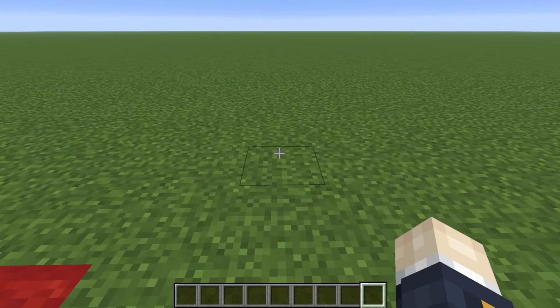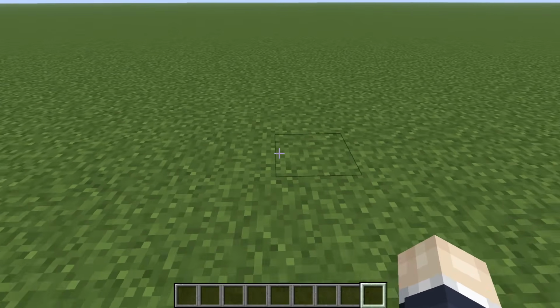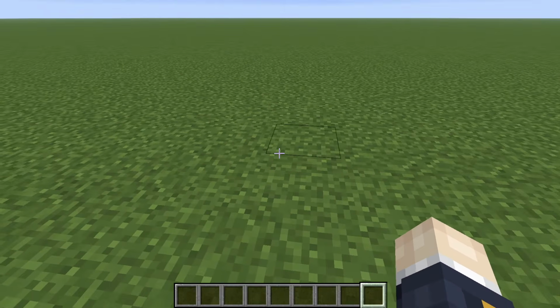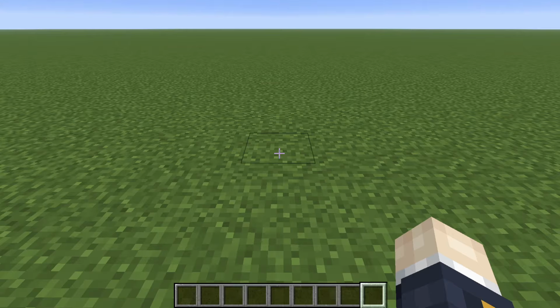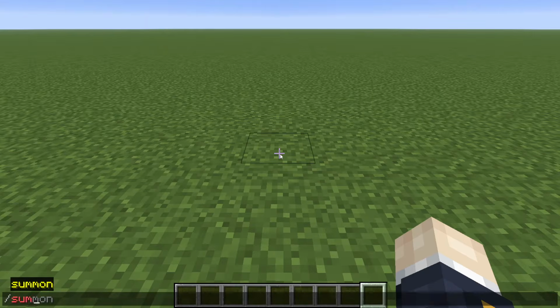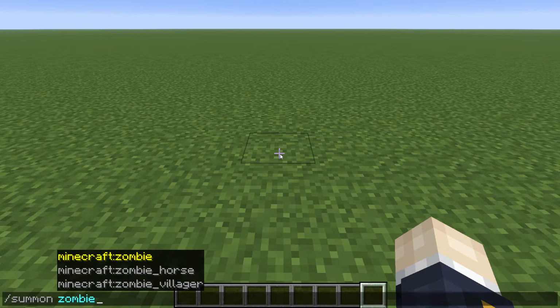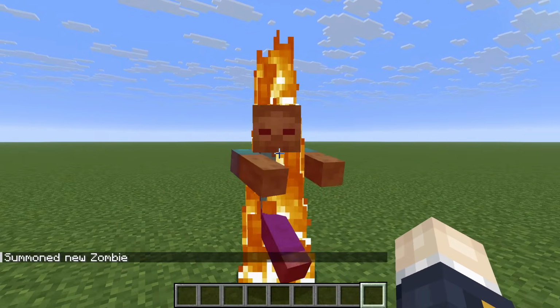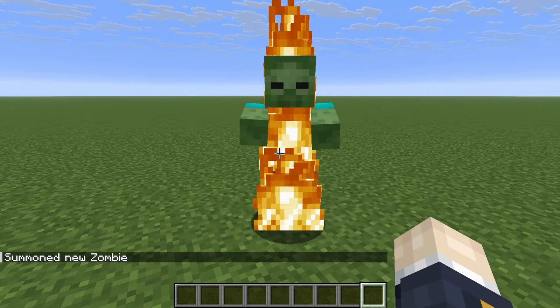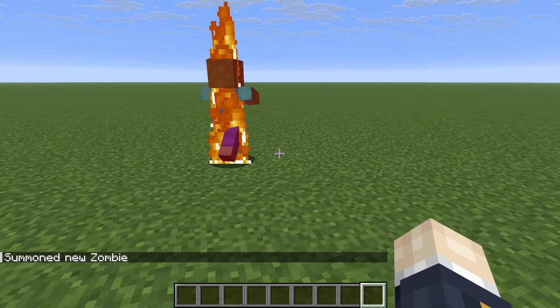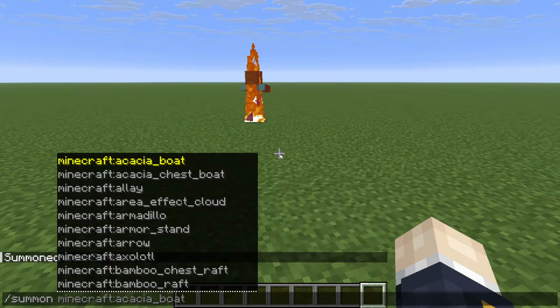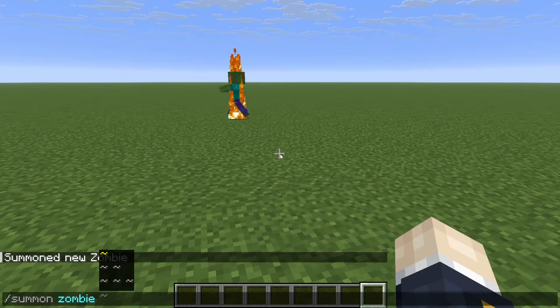So, for instance, the most basic way of summoning is just type in summon and the entity. So, /summon and the entity. Let's go ahead and go back to our zombie examples and just do summon zombie. So that summons a zombie, plain and simple. When you use the summon command, as you'll notice after I type in zombie, it asks for optional